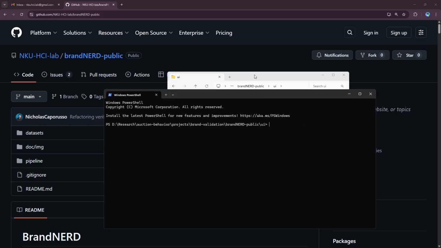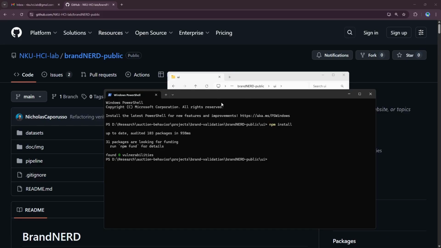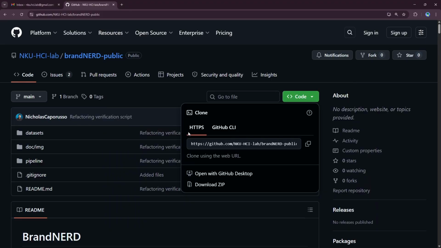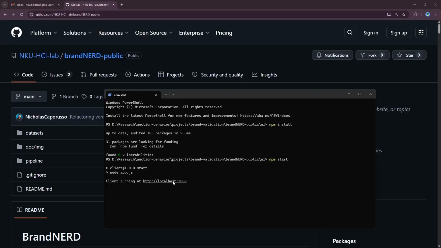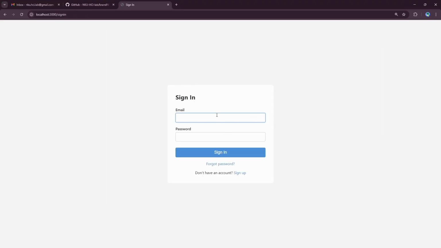And if this is the first time you run this system, you want to do npm install, which will install all the libraries that the user interface needs in order to work. Clearly, if this is not the first time you're doing this, then you don't have to do that. You only have to do npm install once. Then to start the interface, just do npm start. And you will see a message that says client running at localhost 3000. This is a URL where you will want to go to get access to the